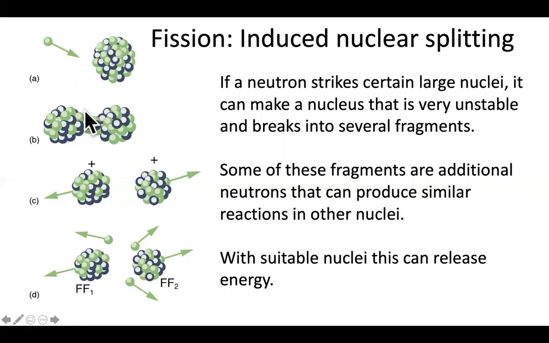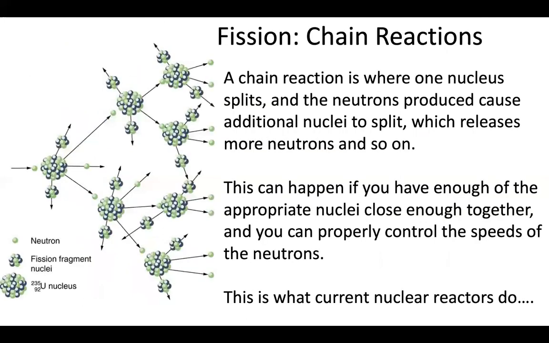Now, if it just broke apart and released energy, that could be useful. You have a neutron source. How you make that is your own problem. And you just bombard these things and they release energy and make various other things. That could work, but what's neat is these processes naturally generate neutrons. So this allows for the thing known as a chain reaction.